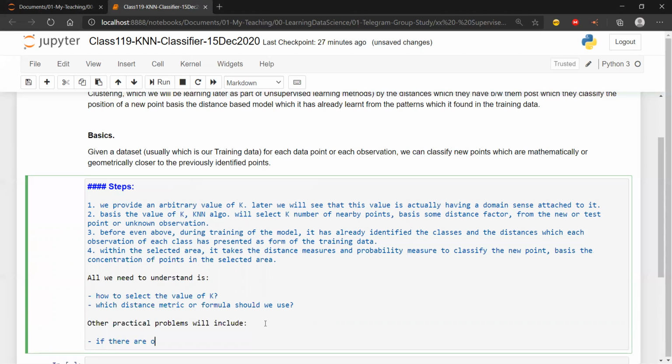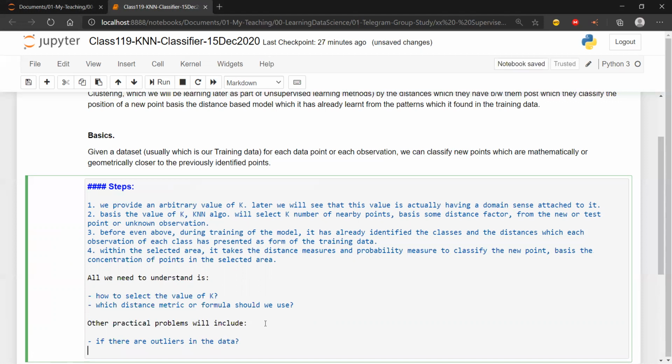If there are outliers in the data. If the classes are not geometrically separable or linearly separable, can I still create a k nearest neighbor?